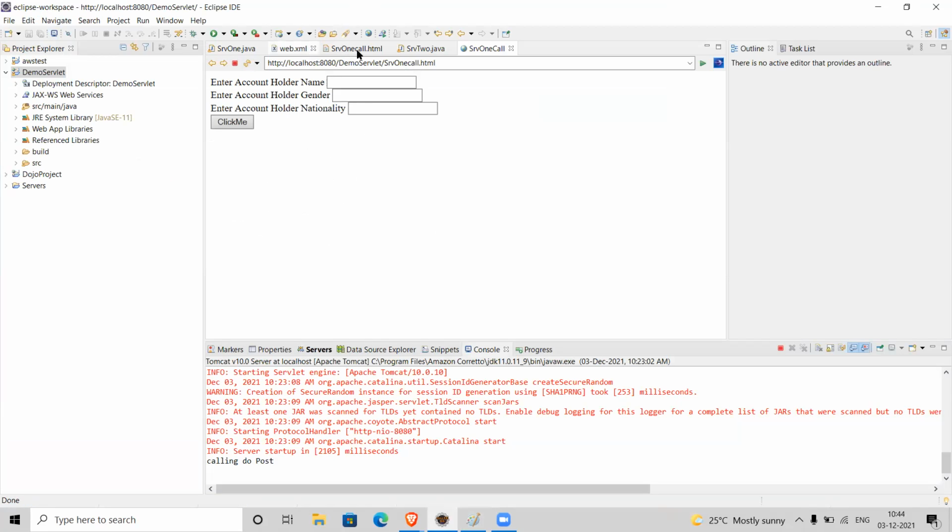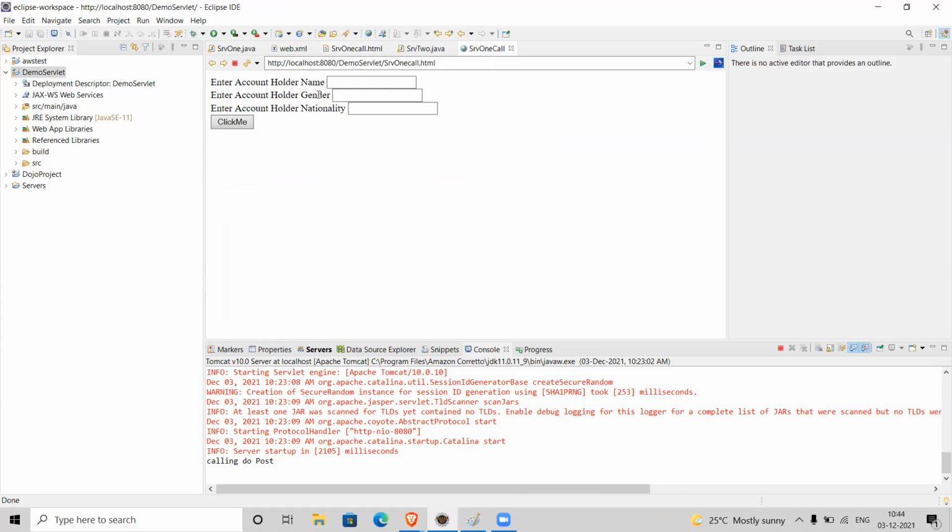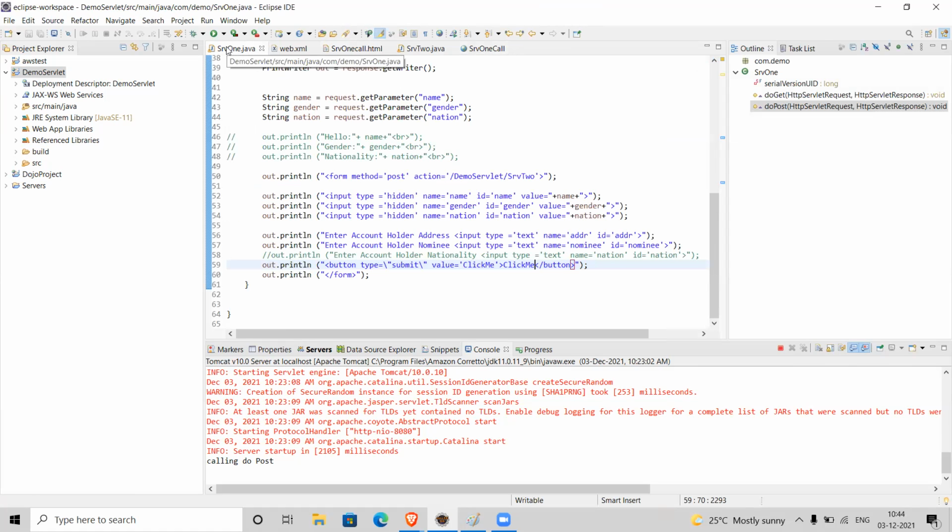We'll use the same example for cookies also. Again, we have SRV1 HTML. As part of this HTML, we have a couple of text fields, and after submitting this form, the request will go to the SRV1 servlet. Using this SRV1 servlet, we set a cookie.